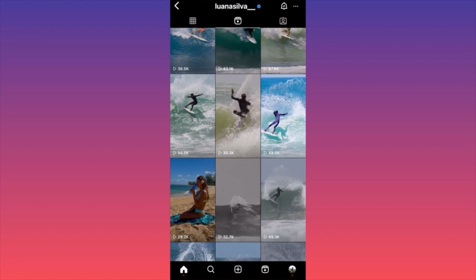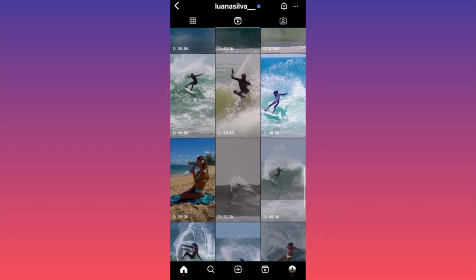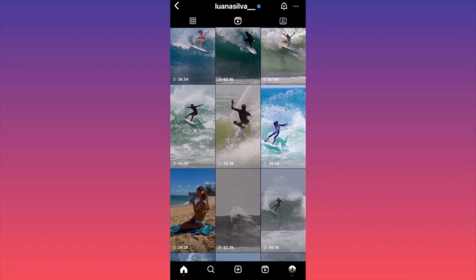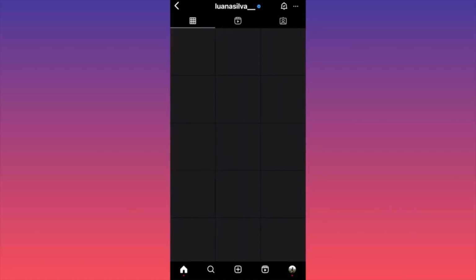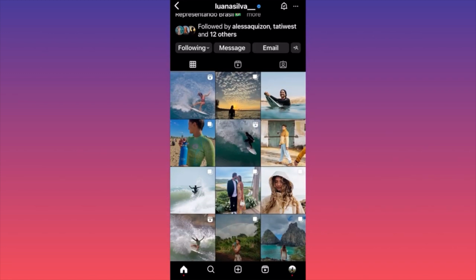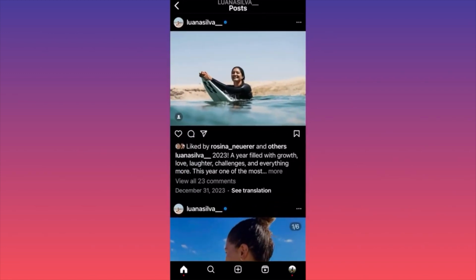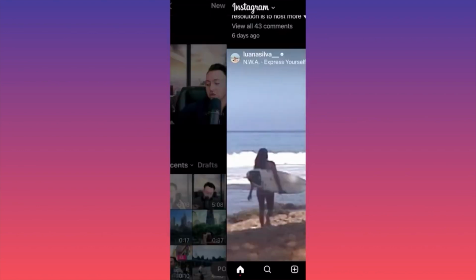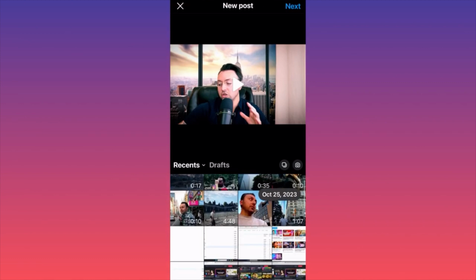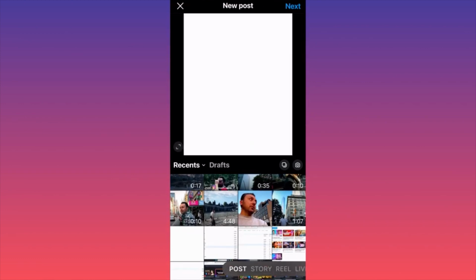So for example, I can essentially go over here, right? We don't want to share reels. Let's go over her pictures. Let's say we want to share a picture of something like this, right? You want to repost this picture, and then you want to create a brand new post with a carousel. You click on the plus sign, and let's say, for example, we want to put her picture, and then we're gonna select the double square over here, and we're gonna add 3-4 different pictures with our products,